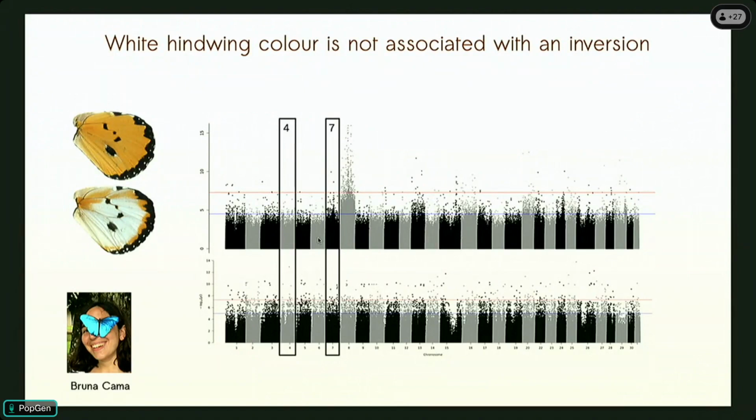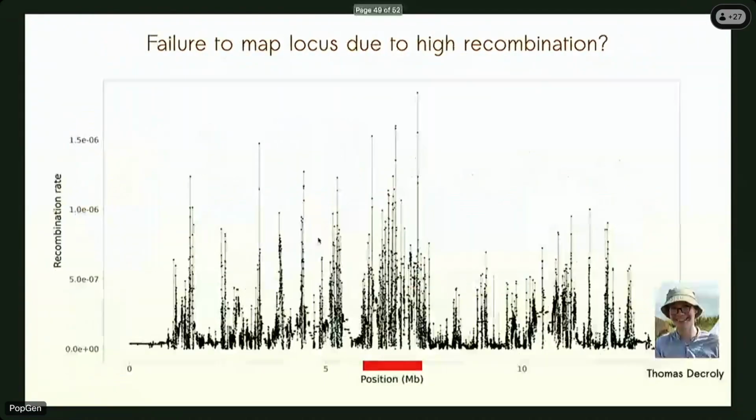Our best guess as to what's happening here is that this trait is controlled by a structural variant, probably a copy number variant, in a part of the chromosome where we've been unable to genotype anything, and that the recombination rate is so high that the drop-off of association is so rapid around this functional site that even within probably a few kilobases where we are able to genotype SNPs again, we're not seeing any association there. I don't have any real evidence to support this yet. We need to assemble a genome from both morphs, I think, to look at the structural variation in chromosome 8 better. What I can say is the region around